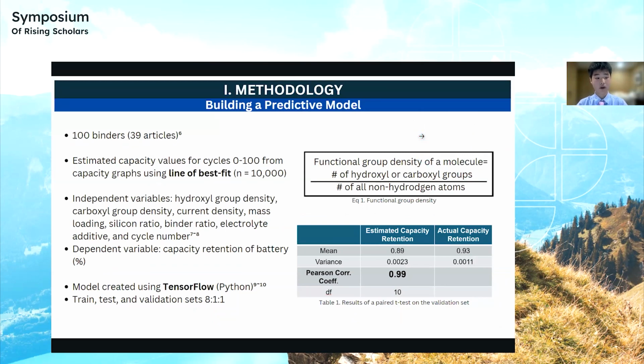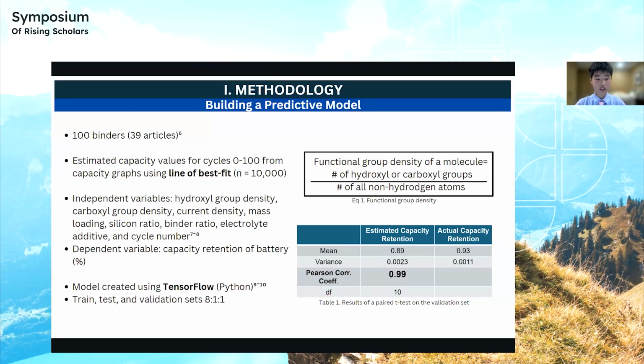I collected my data from 100 different binders in 39 different articles. For each different binder, I was able to look at the capacity degradation graph, and I was able to estimate the capacity values for every cycle between 0 to 100. Just a reminder, a cycle is the amount of time that it takes to charge and discharge a battery. And I was able to identify 100 values for all 100 binders, thus giving me a total sample size of